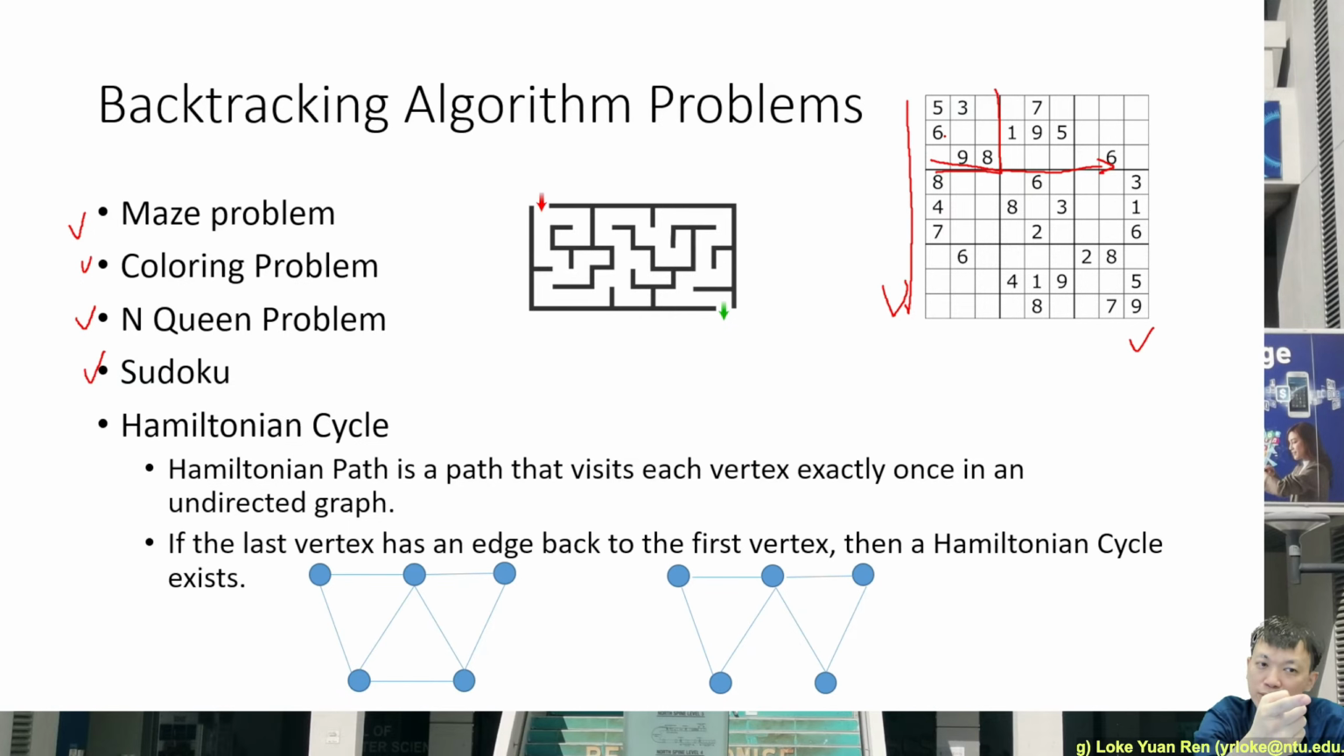Yeah, so you can see that you need to use the backtracking algorithm. It's another very classic problem which needs the backtracking algorithm. Otherwise, if you brute force try all the combinations, there are a lot of combinations. So that is Sudoku. And then another one is